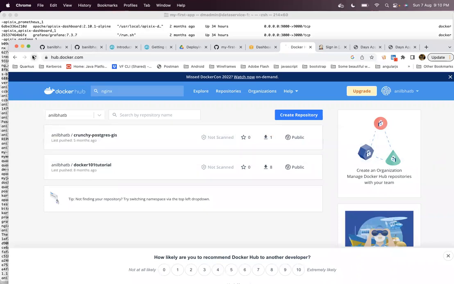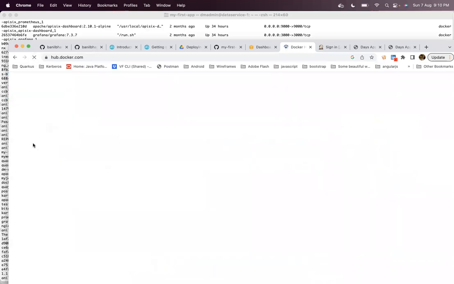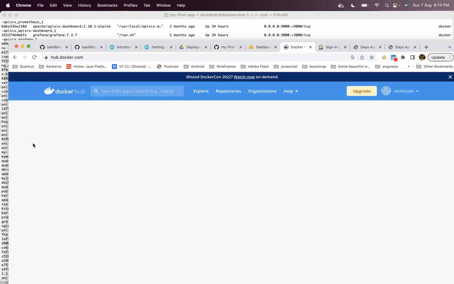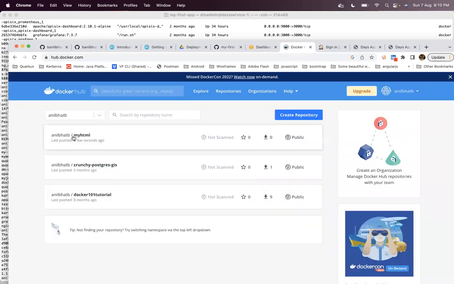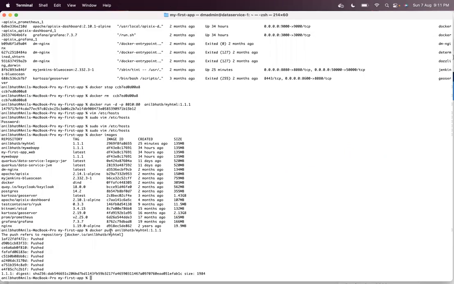Now let me refresh. You can see that my HTML is there. I have created my own image and pushed it to Docker Hub. To do that, you have to follow some syntax rules: you give your account name first, followed by the image name with tag.